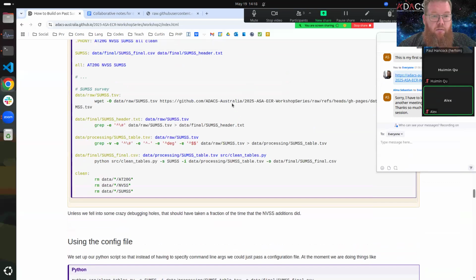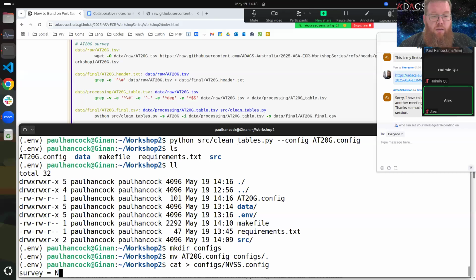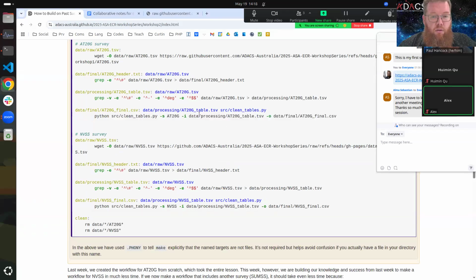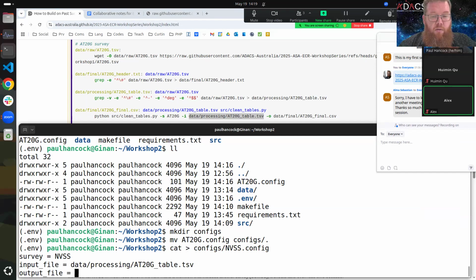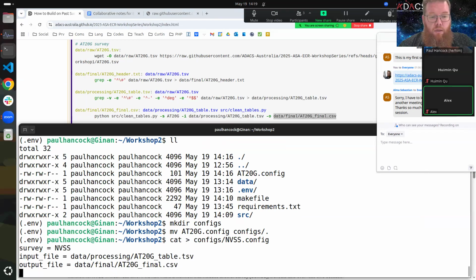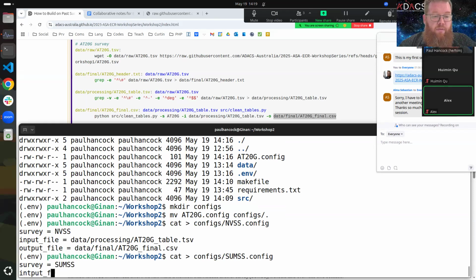So if we look at our make file from earlier, we can see that we had survey equals NVSS, input file equals this, paste, output file equals this one, and control D, and then configs sums.config, and then similarly survey equals sums, input file equals